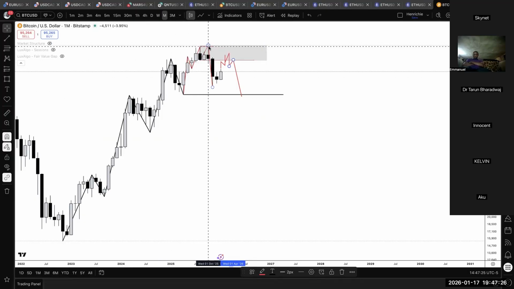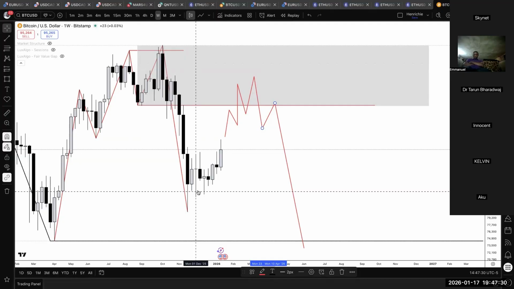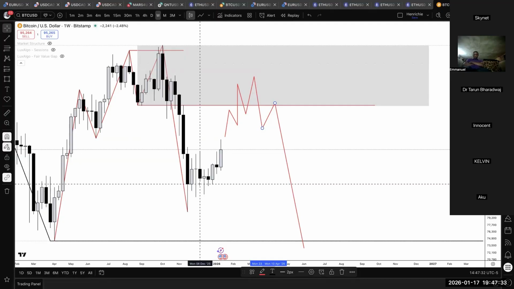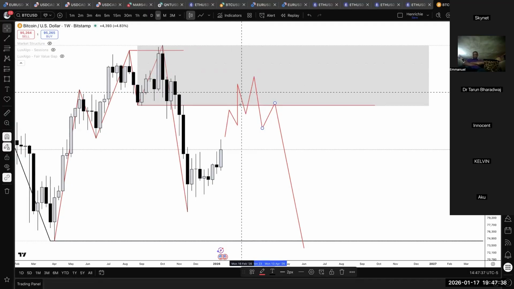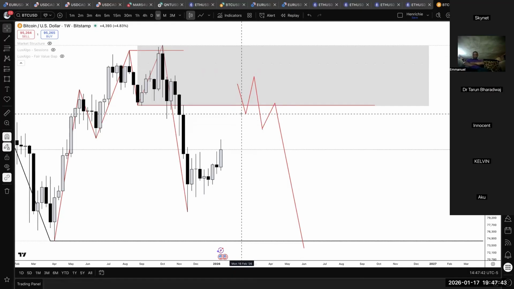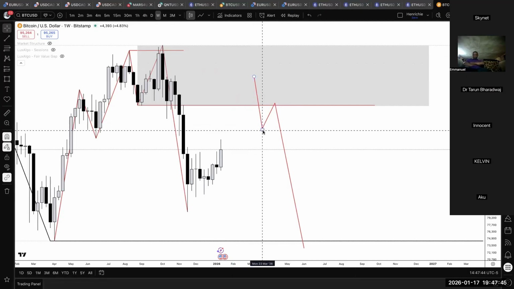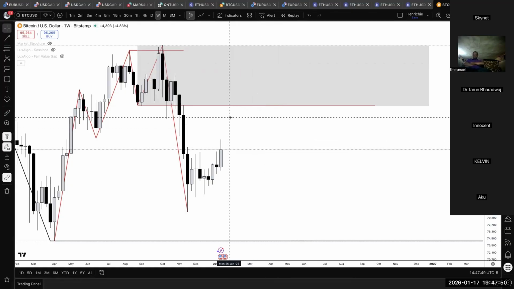So the monthly is bullish, but the weekly is bearish. But that doesn't mean I'm just going to fold my hands and wait on the sidelines. I'm still going to be taking trades, buys, most especially once I see the lower time frames aligning with the higher time frame. I'll show you what I mean by the lower time frames aligning with the higher time frames. Now,